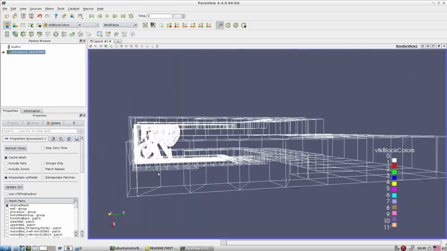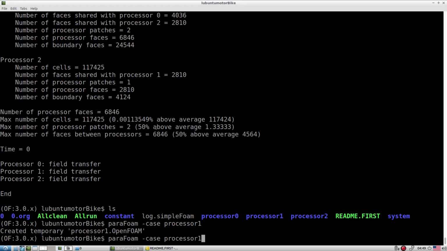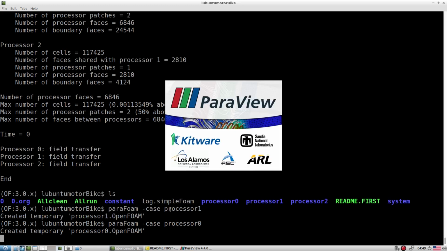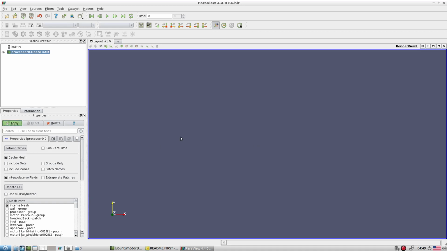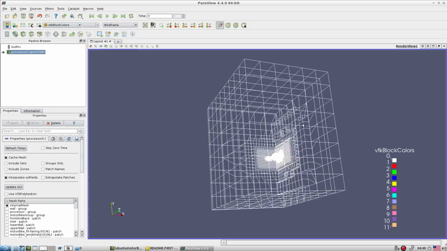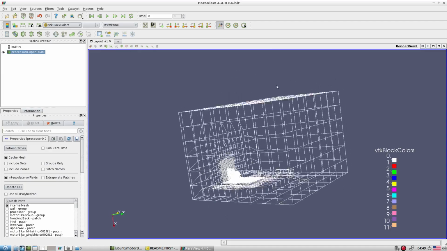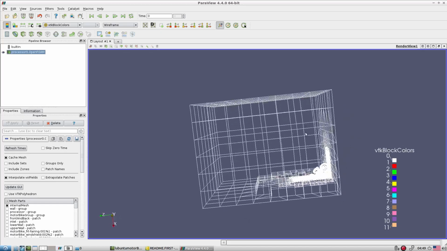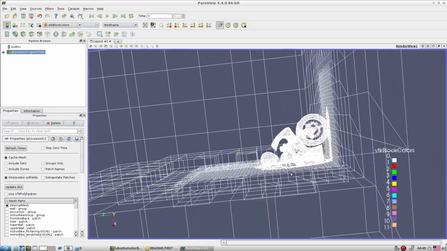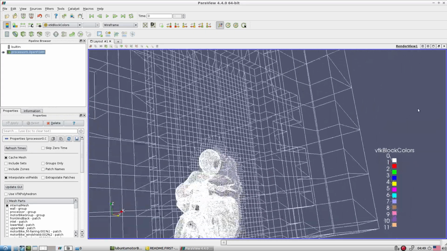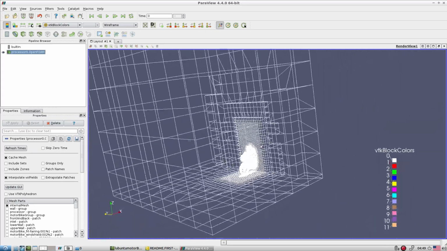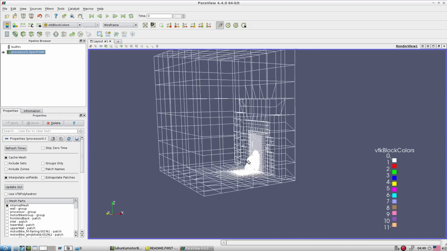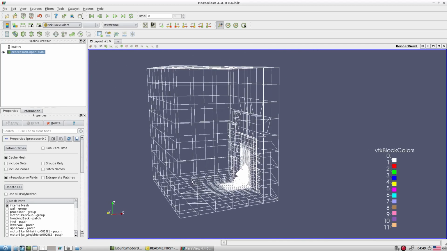That is how you can check individually which processor possesses what particular part. This portion is with 0, like this. This is the inlet. So this first portion is with 0.